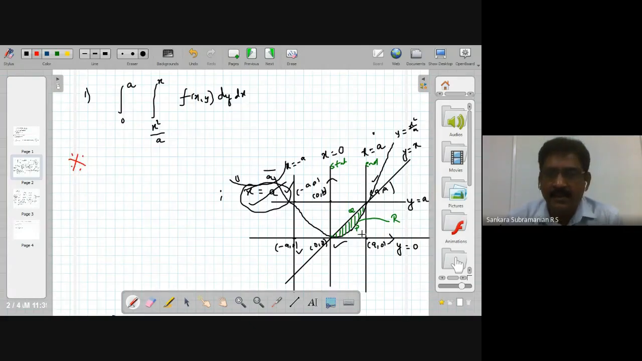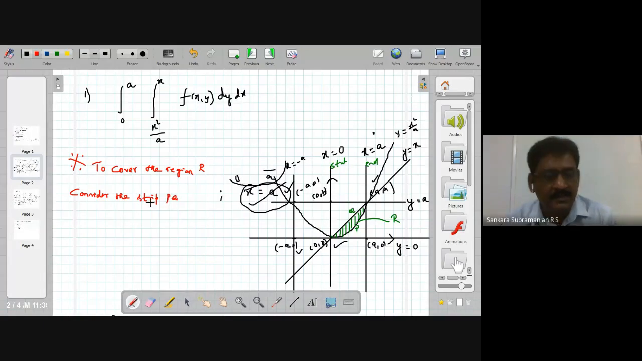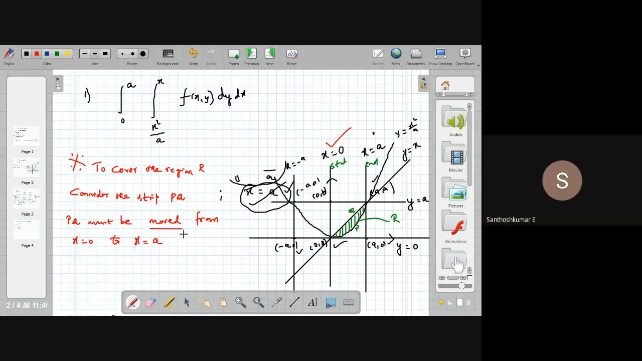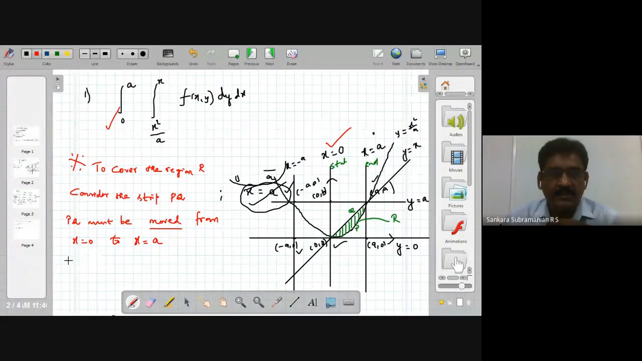Interpretation: to cover the region R, consider the strip named as PQ. In each place they call it PQ, RS, or P dash Q dash. Consider the strip PQ. PQ must be moved from the start point x is equal to 0 to the end point x is equal to a. That is the limit we have got. Likewise, to find the y limits,